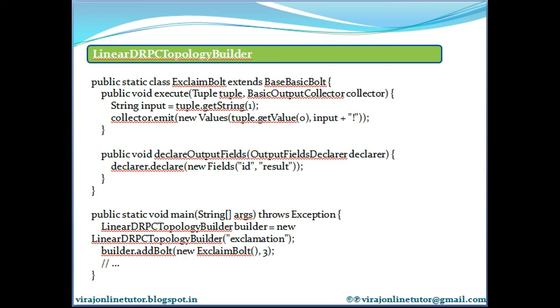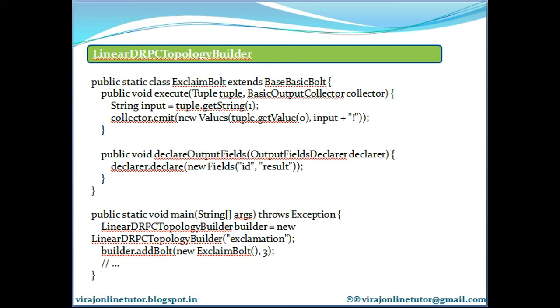So what are those steps? First is setting up a spout. Second, returning the results back to the DRPC server after the processing is done. And third, providing the functionality to bolts for doing finite aggregations over groups of tuples. So let's look at a simple example on the slide.